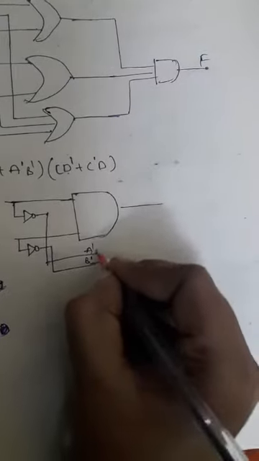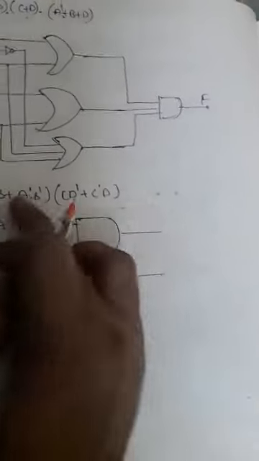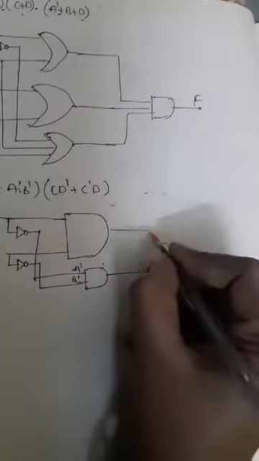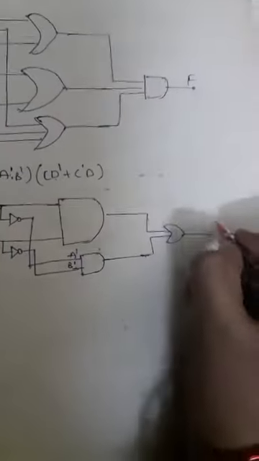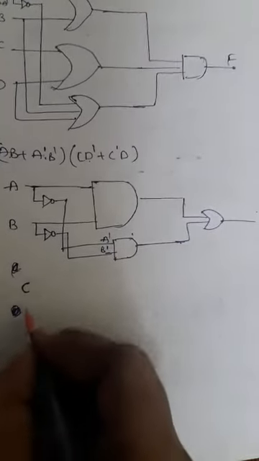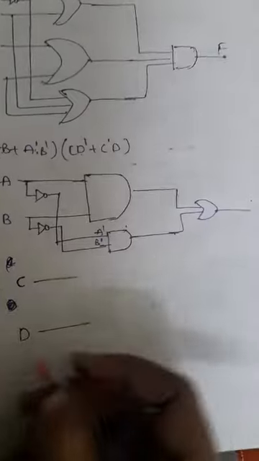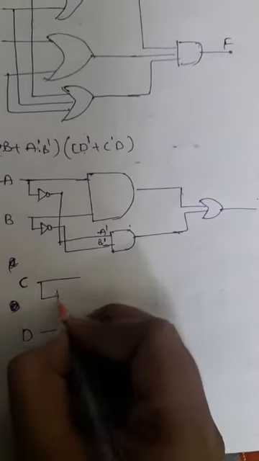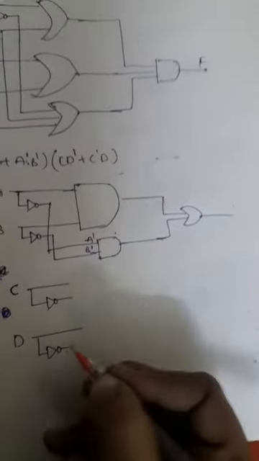So in between these two, which operator is there? Again the dot operator, that is nothing but the AND gate. Okay, and in between the terms, which operator is there? Plus, that means we have to apply the OR gate. Okay, so this is the first one. And coming to the C and D variables, I can take C here, so C with D complement. So for C here and D here, for this C I have to apply the complement, and for D also I have to apply the complement.